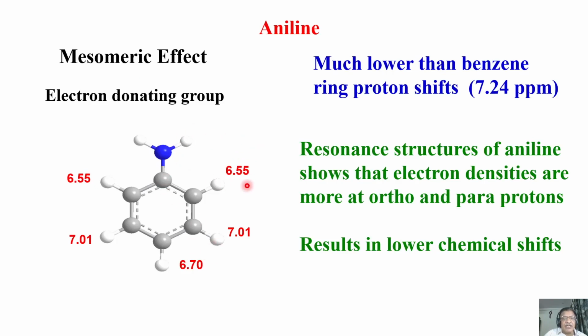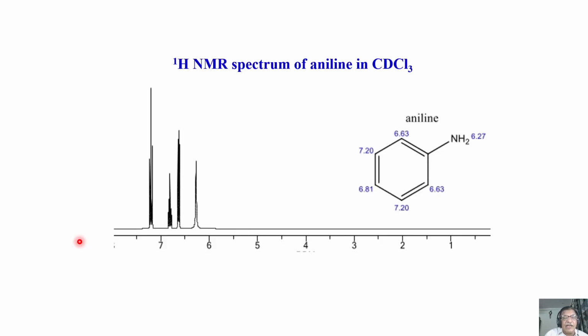If you look at the resonance structure, these ortho protons are of course chemically equivalent because of NH2. This proton and this proton are equivalent. This proton and this proton are chemically equivalent, and this one is different. So there are 3 different types of protons. Because of the charge density situated more at the ortho and para positions, these protons come at high field. They move to high field, whereas the meta protons shift to down field. You understand? This is the mesomeric effect of an electron donating group in a ring system.